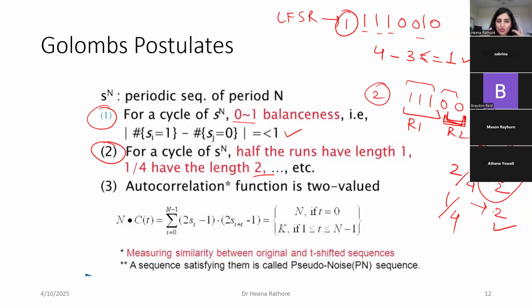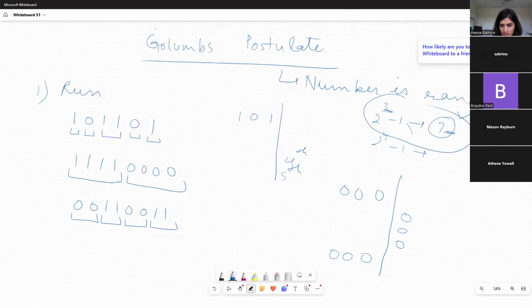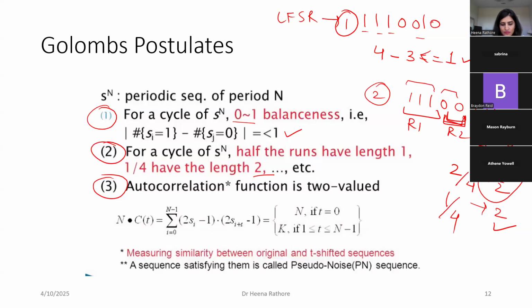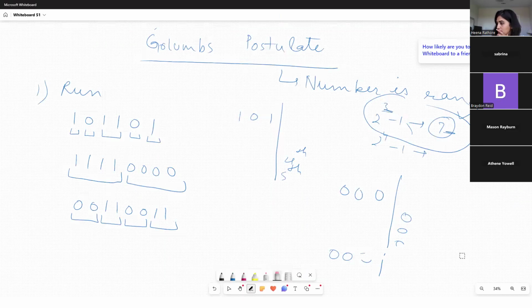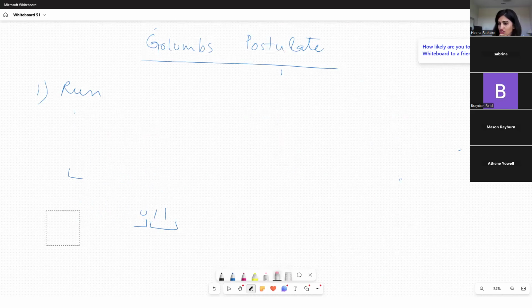Now we will go to rule number 3. Rule number 3 is slightly complicated. That is the reason I'll cover it, but we'll cover the example next time in your class. Rule number 3 basically says you have to calculate the autocorrelation function for the bits that you are starting with, and you will perform an XOR operation. I'll give you an example so that you understand. Autocorrelation function is,